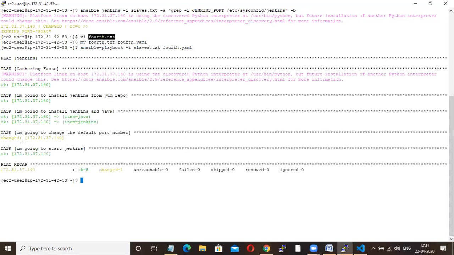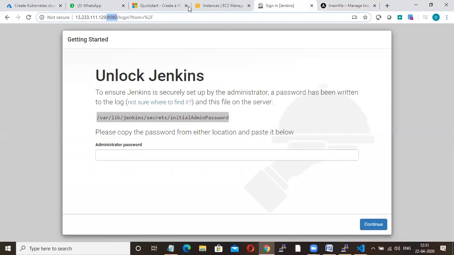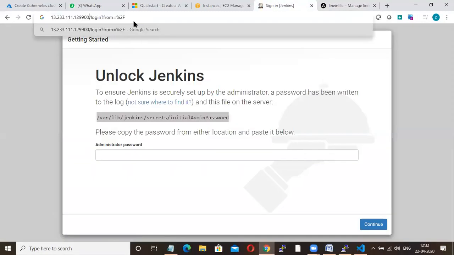So again, if you are getting green, that means no changes have been done. You are changing the port number only. Now if I run this ad hoc command, your port has been changed to 9000, right? Now if you go and check there, 9000,